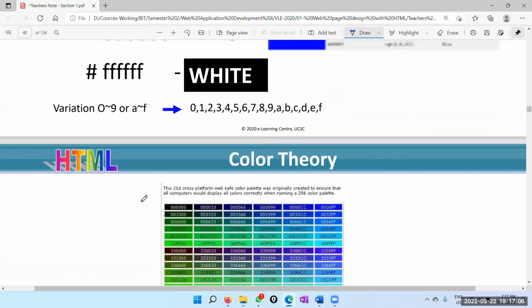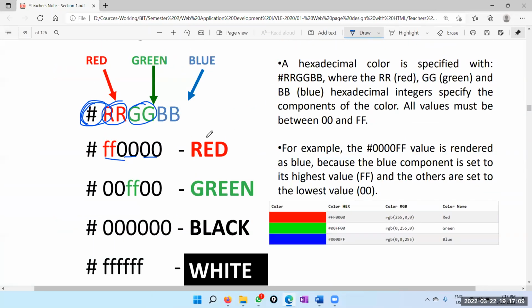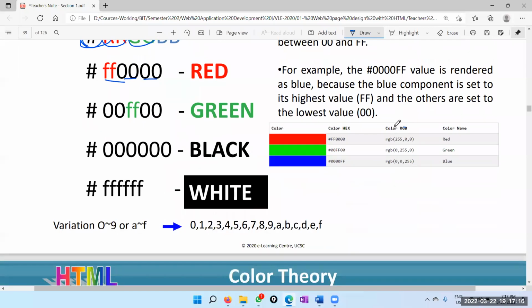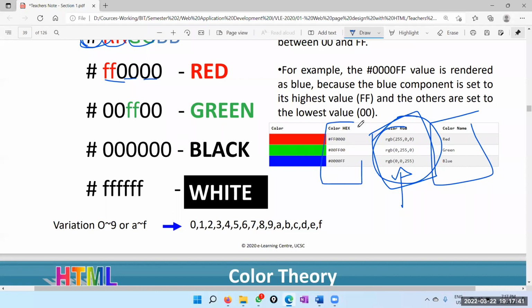yeah. So then, if you want, you can give them the names also. So for well-defined colors you have the names. Okay, and there's another way, that is this approach, RGB, and within brackets you give the red value, green value and blue value in decimal numbers with comma separator. Most browsers, this does not work, but they consider this also as a valid approach, but I don't know why it is not supported by a lot of browsers these days. Okay, but anyway, your note also mentioned that, and the color names and the hexadecimal values. Okay,